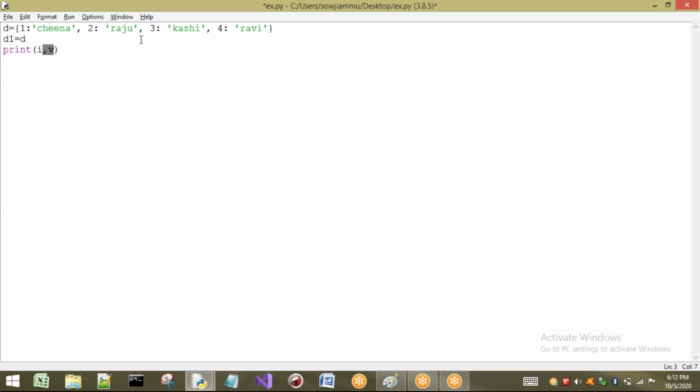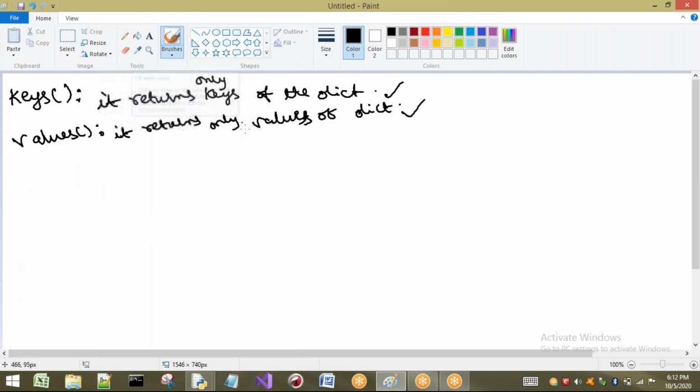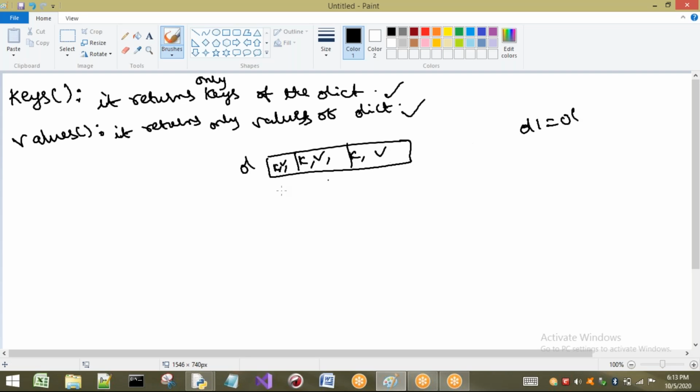Now we have to understand that both D1 and D are pointing to the same object. See here, what I have created: some dictionary D, in which we have some keys and values. So when I write D1 equal to D, D1 also will point to the same object.